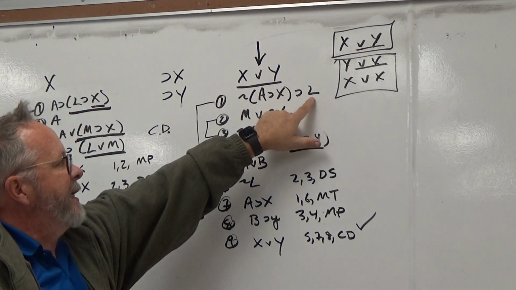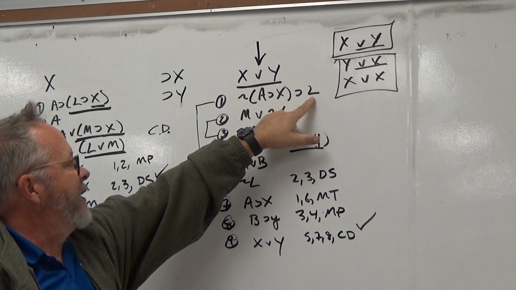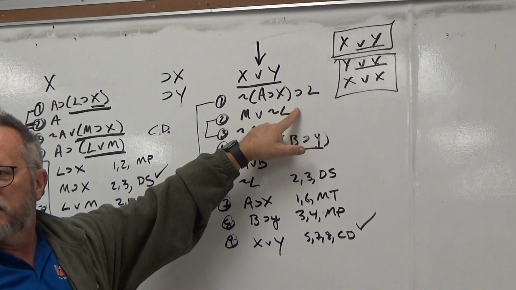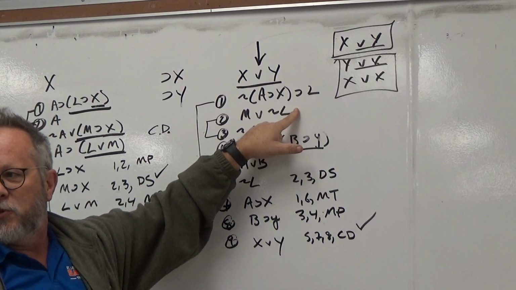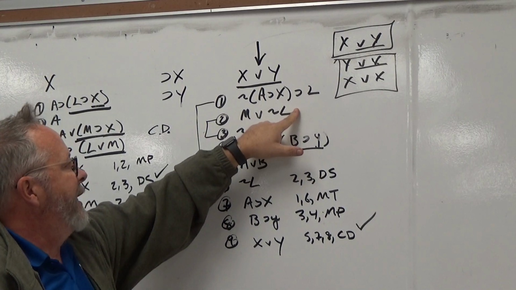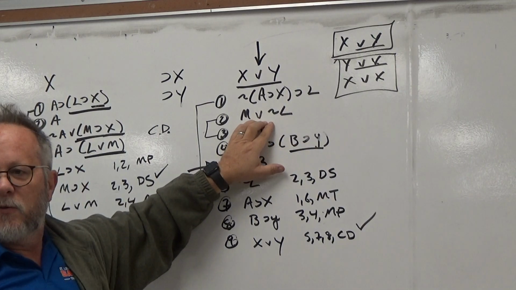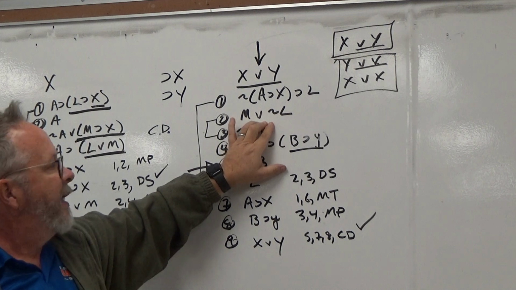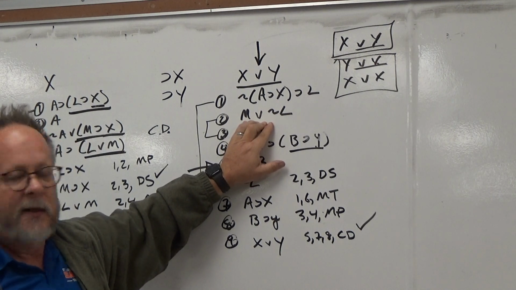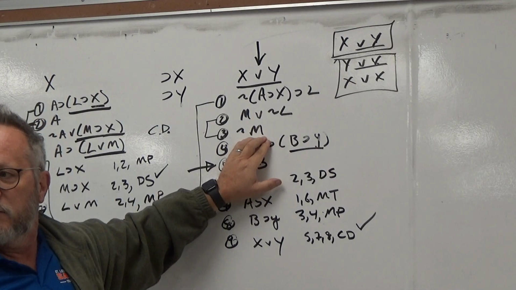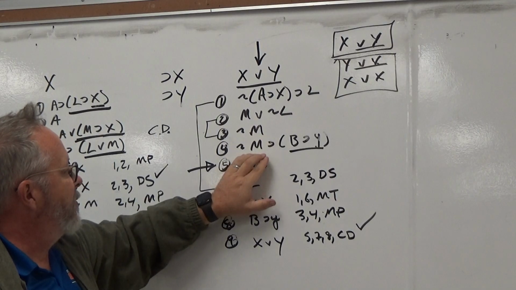So I know I need a not L, right? I'm looking for not L. Just draw a line right here on your paper to leave a mental trail, and it's in an or. So how do I get the right side out of an or? I find the opposite of the left side, that's right there, so I do a disjunctive syllogism, that leaves me with a